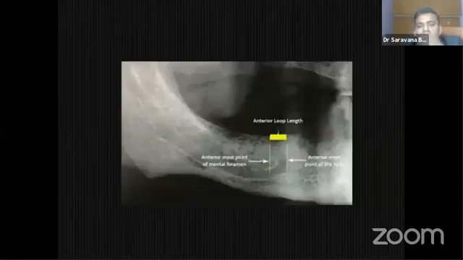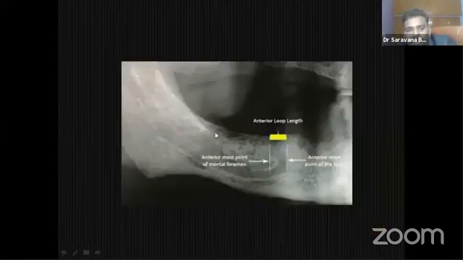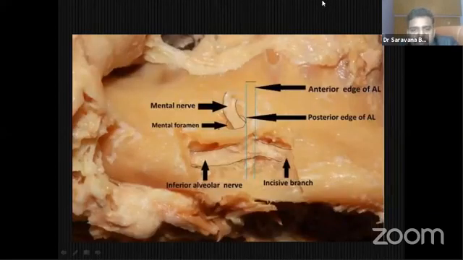The second important point in the mandibular anterior region is the anterior loop of the mental foramen. Usually the mental canal comes from the posterior region to the anterior region and exits at the mental foramen. Sometimes it goes a little bit anterior, takes a loop, comes back and exits. Usually it should come and exit like this. Now it takes a little anterior turn, takes a loop, and then exits like this. This is the anterior loop. We have to measure the anterior loop distance.